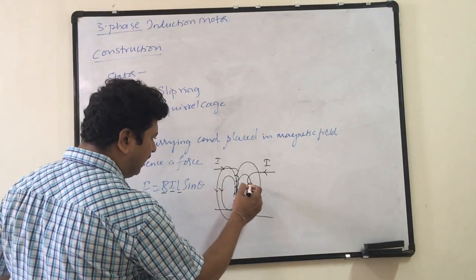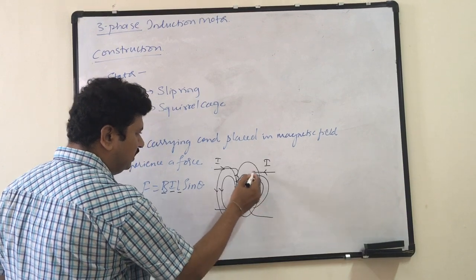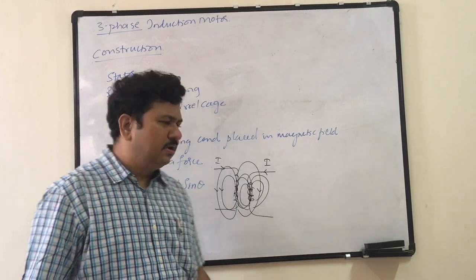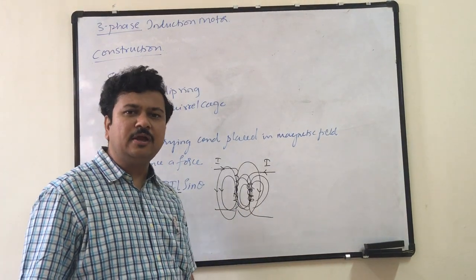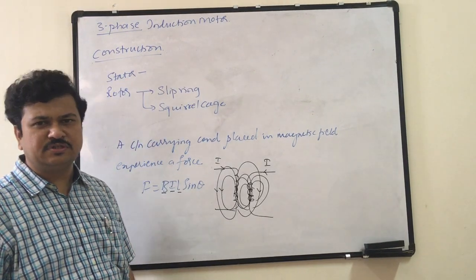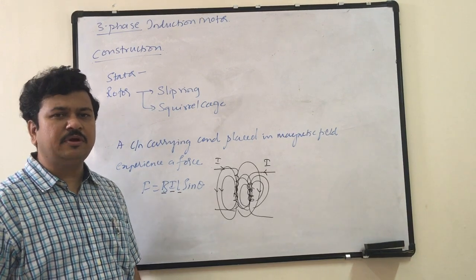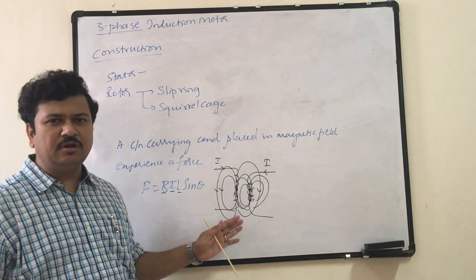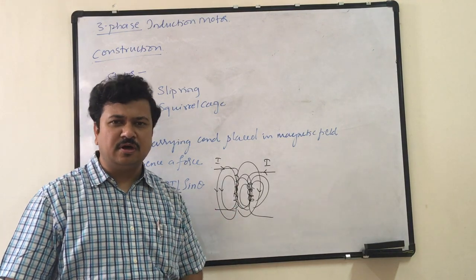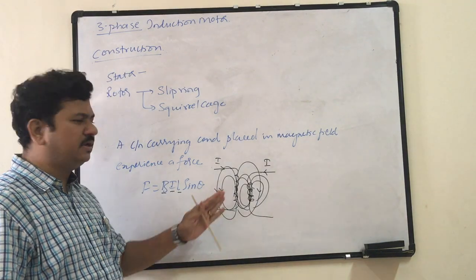Now when this coil carries current, it will create its own magnetic field. In the same space there are two magnetic fields existing, therefore these two magnetic fields will interact with each other, and then either a repulsive force or an attractive force is produced. But in both cases some force is produced. That force, when it is made cumulative in all the conductors in the same direction, we call it torque, and hence the motor starts rotating. So the fundamental principle is this.